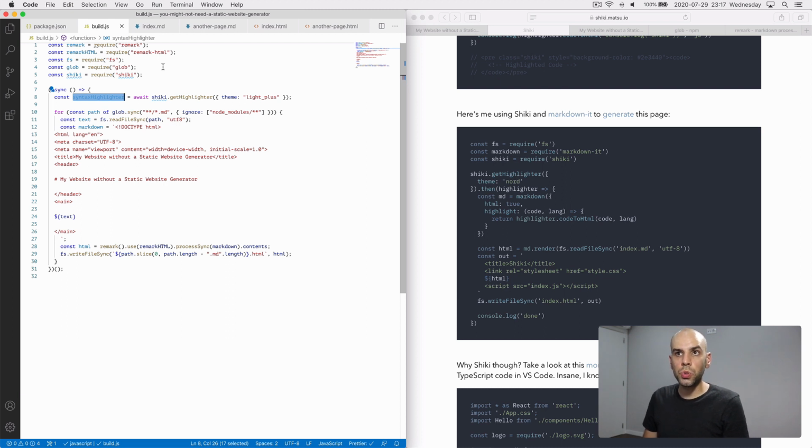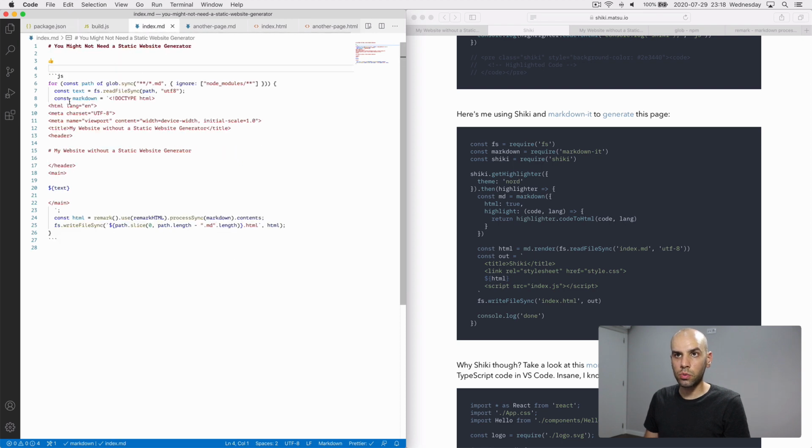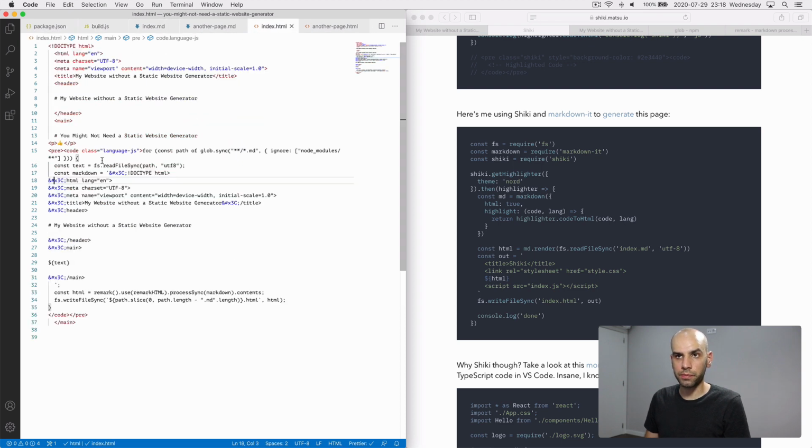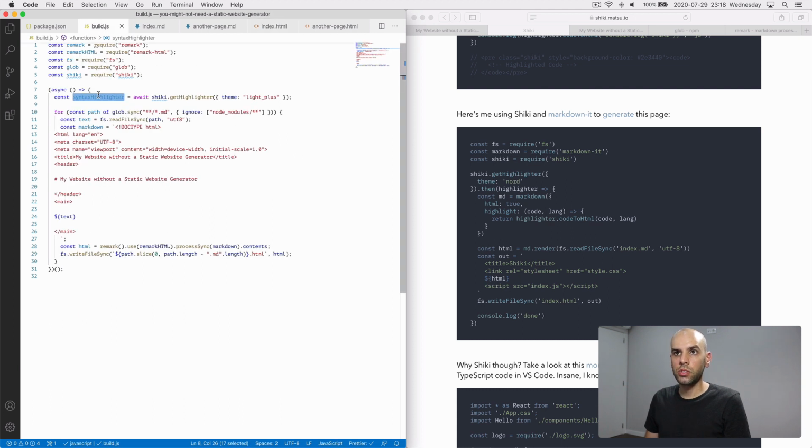Next, what I want to do is to use this syntax highlighter on all code blocks. Let's look at how this code block translated into HTML right now. It is just this pre tag with a code tag in it with a class of language.js. Okay. How do I manipulate this HTML so that I can use the syntax highlighter on it? This is probably the biggest trick up my sleeve to write this script. We are going to use a technique that I don't see many people using. I don't think I saw more than two people using it on the internet, but it's a super cool technique,